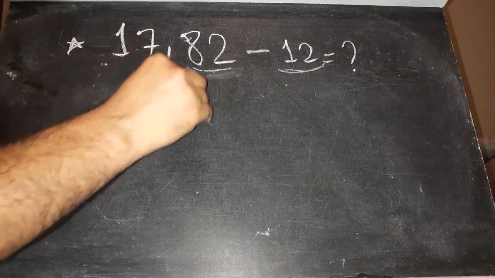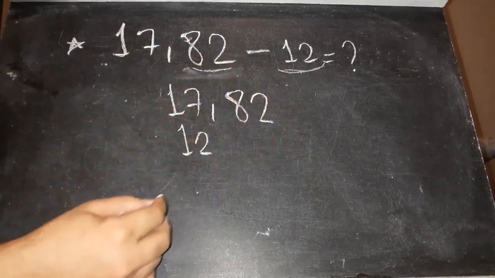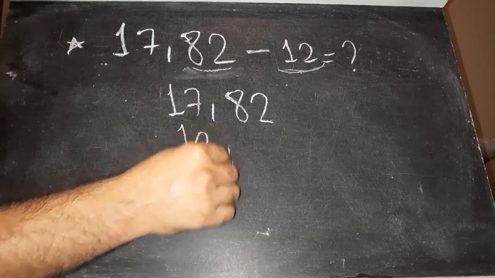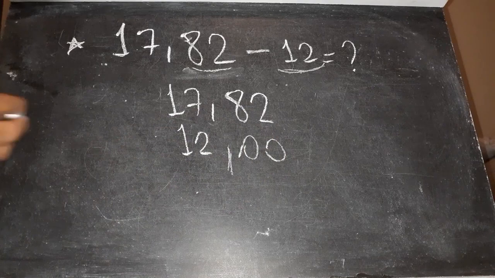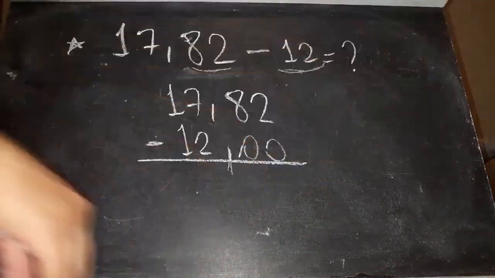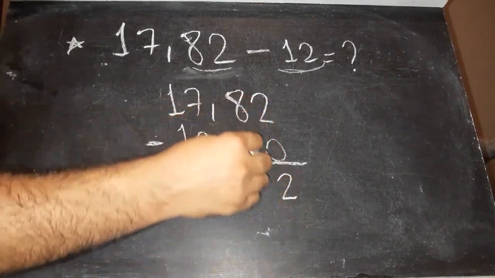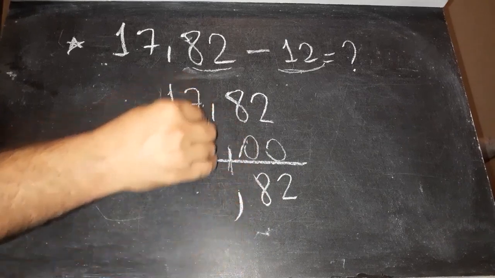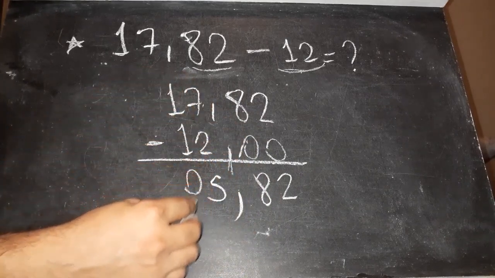Let's write underneath the same place value, and 12 will be there. For 12, any decimal number, no, you can write as 0, 0. Remember, I told you any whole number can be written as comma infinity 0. Okay, this minus 2 minus 0, 2, 8 minus 0, 8, comma 7 minus 2, 5, 1 minus 1 will be 0. That will be your